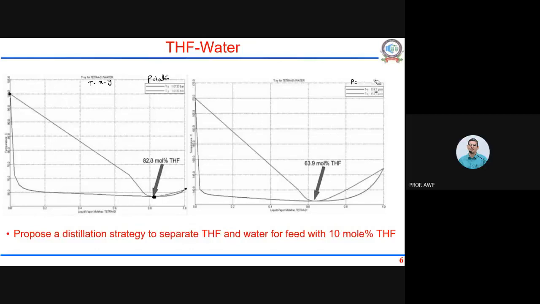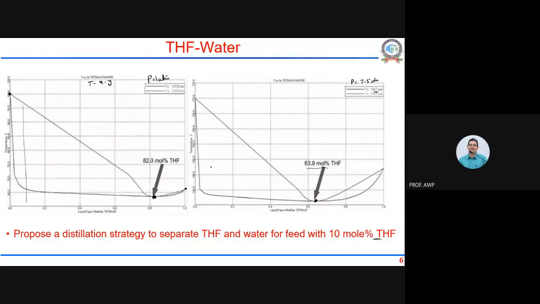So let's say 7.5 atmosphere, 114.7 psi, so just 7.5 atmosphere. The azeotrope is 63.9 mole % THF. So here also we can do the same thing. Suppose I have a feed somewhere here, 10 mole % THF. That means 10 mole % THF means we are here. If this is my feed, I can do